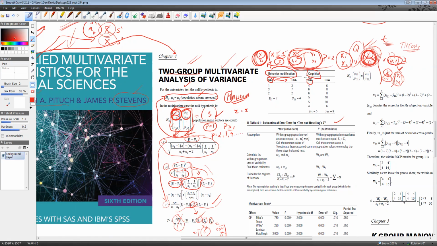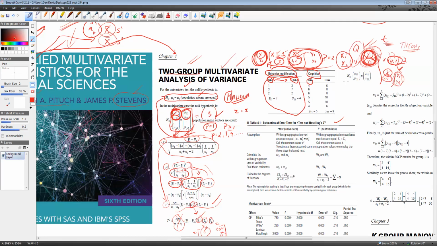There's your one analysis of variance. It's a t-test in that situation. Think of it in terms of the ANOVA just for full generalizability here. But you can also do another t-test or ANOVA on the CSA. What's the MANOVA going to do? The MANOVA is going to look at SA and CSA